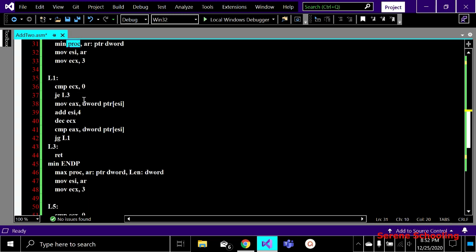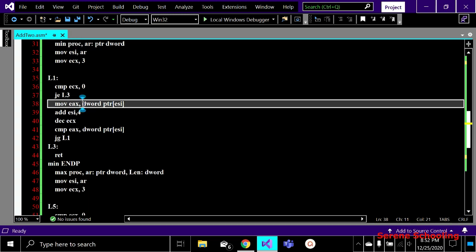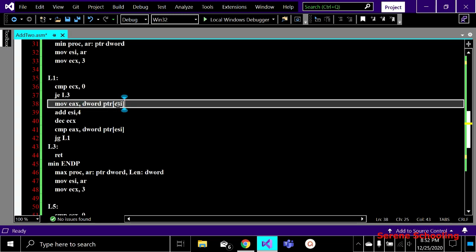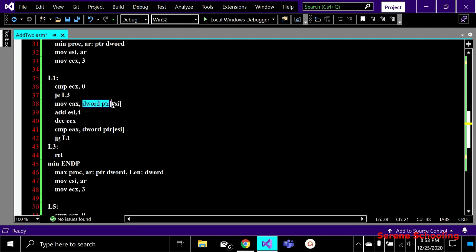Inside my loop, how am I going to check which number is greater or not? Here you can see I have discussed this already, this is how you can access the array element, because ESI contains the base address, that is the address of my first element. In order to access the element at that particular address, we have to use this statement as it is.